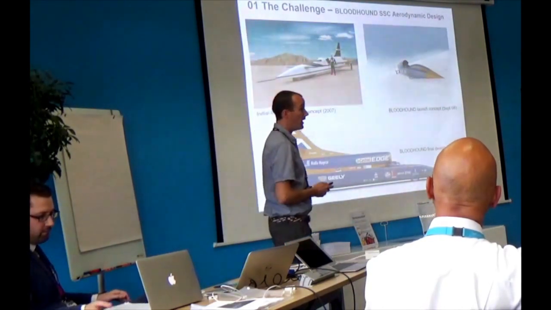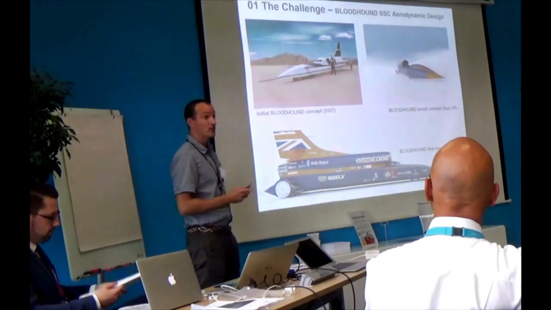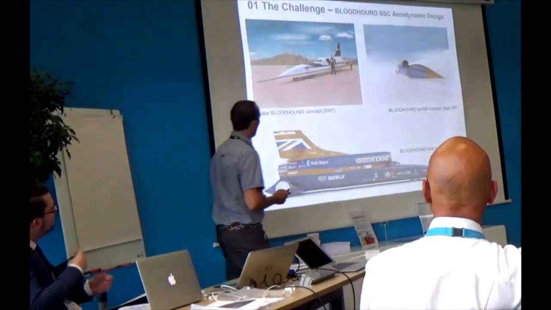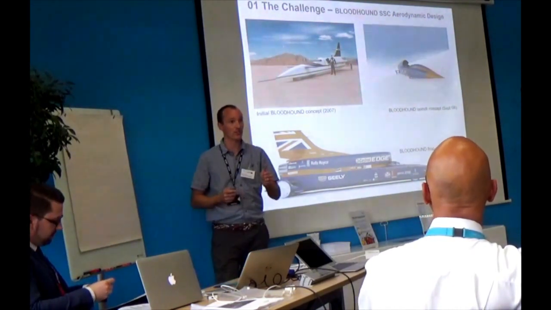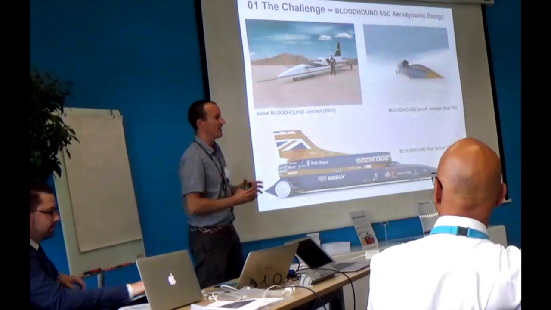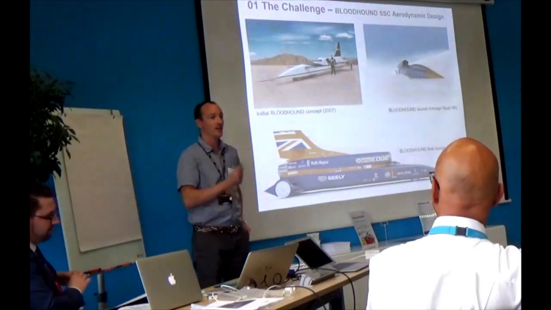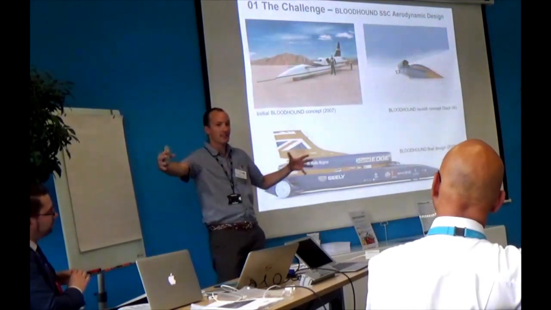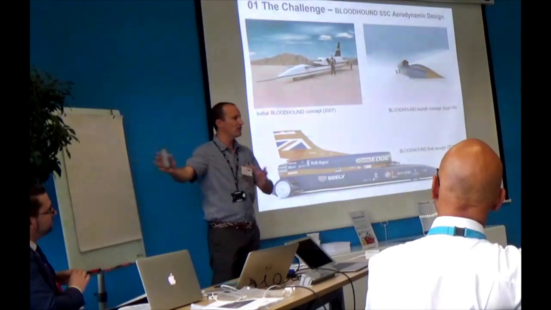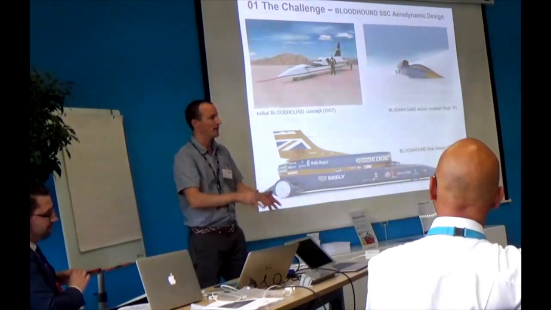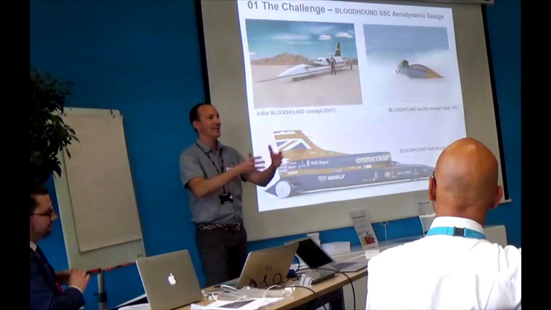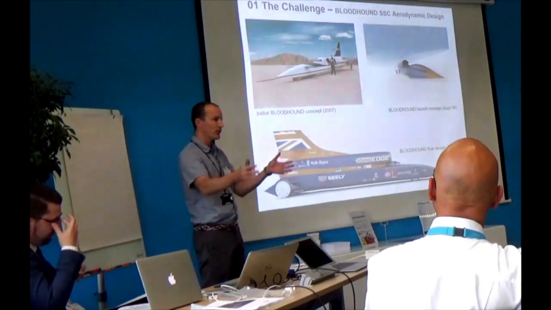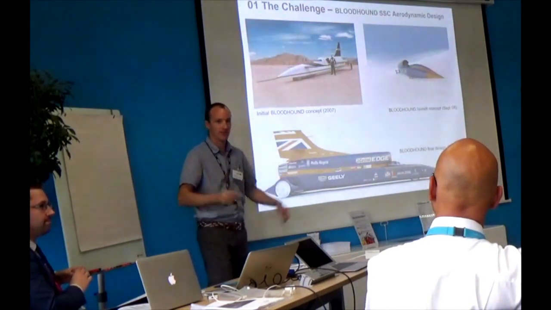So the problem we were set 10 years ago now, for those of you who've been following this project, that's how long we've been plugging away at this, was that Richard Noble, the project director, came to the university and said, can you answer this question? You've got 12 months to do it. Question 1: is it possible to take a vehicle of roughly these dimensions and have it travelling across the surface of the Earth a few inches above the ground? You must have 4 wheels, there's going to be a human on board. Can you do that safely? Can you do it in a predictable, stable way? Yes or no? You've got 12 months.